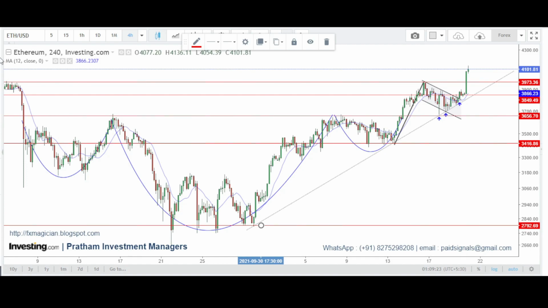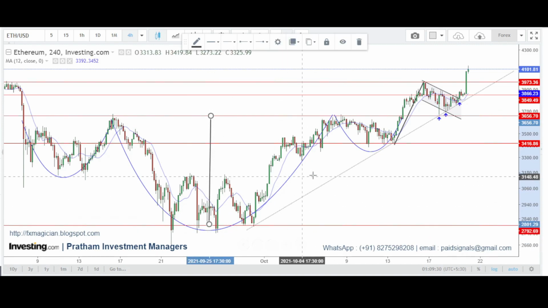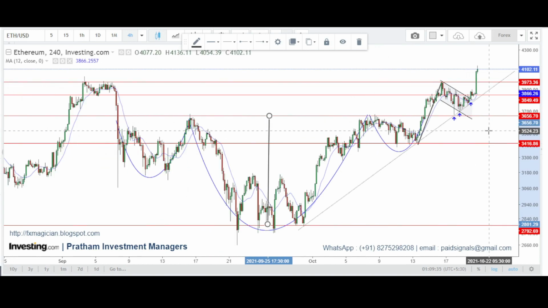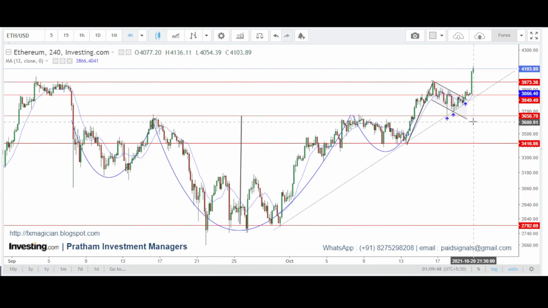So the height of the head comes around 3650 minus approximately 2792, that is 2800. It will be 850. So above the breakout zone, that is 3650, we will have to add 850, and it comes around